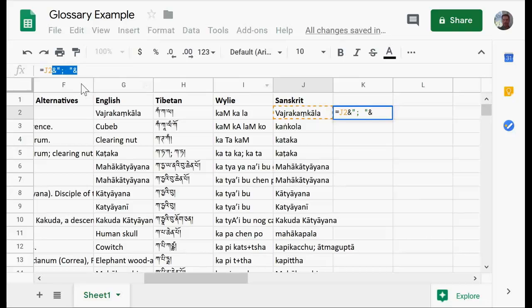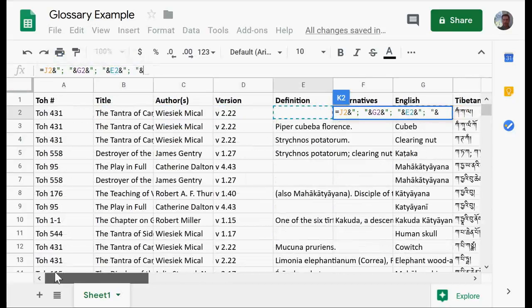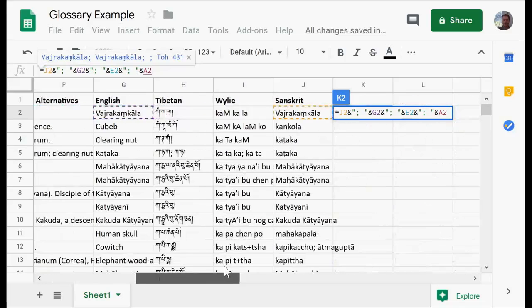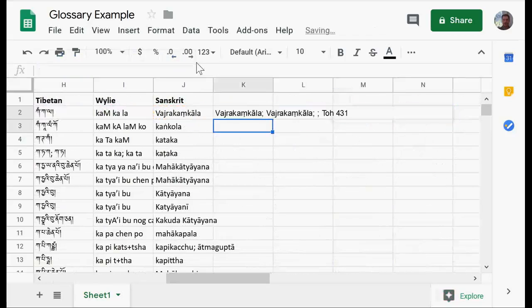So we have the Sanskrit, then I want the English, put another separator. I want the definition, another separator, and let's go with the Tohoku number here. And so that's all the data I would like in my definition field. So I'll hit enter, and then